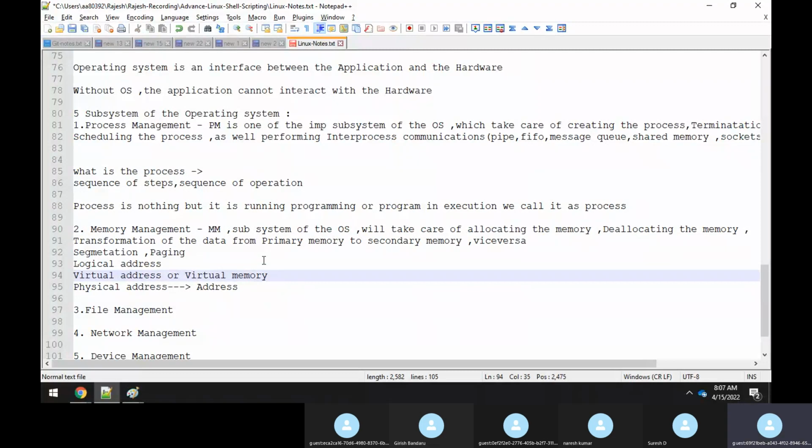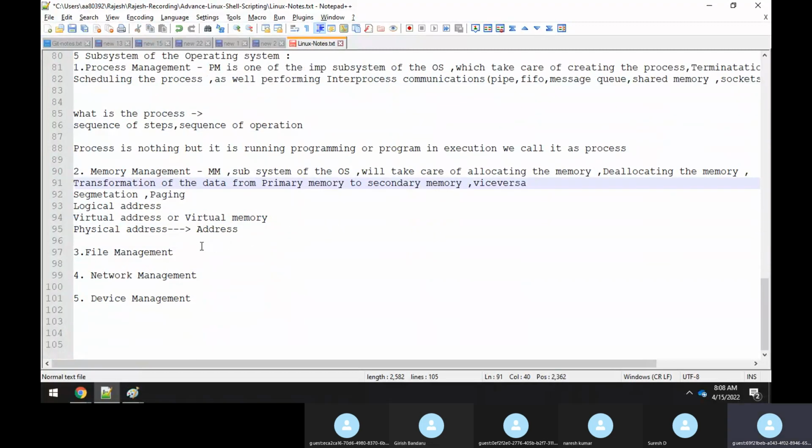There are many concepts and many commands related to memory management. There are many commands and many concepts related to process management that we will be dealing with in each and every one of the upcoming sessions. So slowly, one by one, it will get cleared. Not to worry as of now.